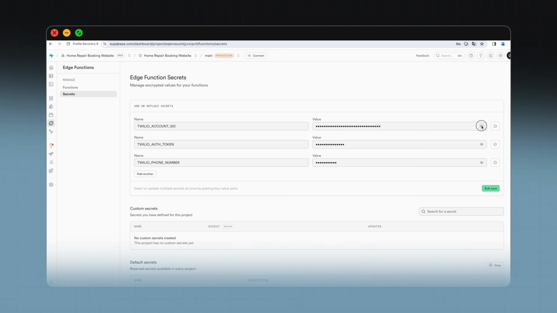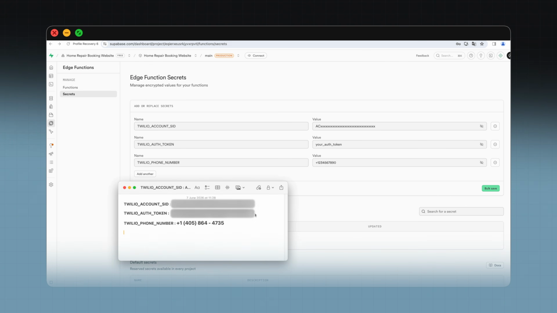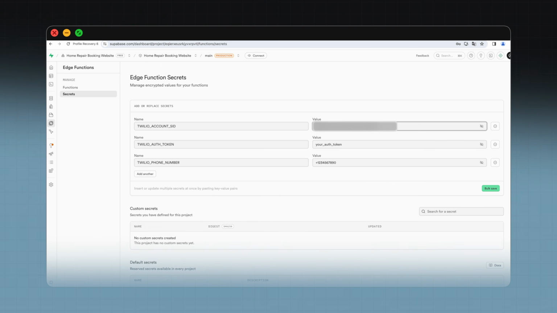Now we just swap the example values for our real Twilio values. I'll open the temporary note where I save the Twilio details. First, copy the real account SID and paste it into the value field for Twilio_account_SID. Then, copy the auth token and paste it next to Twilio_auth_token. And finally, copy the phone number and paste it next to